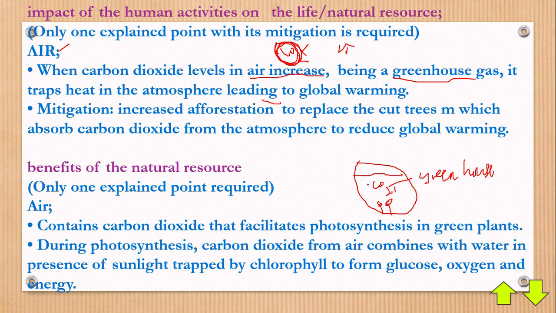Now, once carbon dioxide accumulates in the atmosphere, it traps heat. Say, for example, the heat would want to move from down to go back up. Since we have so much carbon dioxide in the air, it will trap heat, and what will happen is that there will be an increase in temperature, and that's why we're sometimes experiencing hot